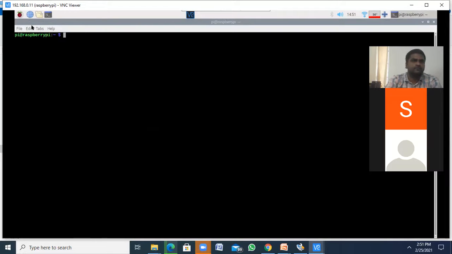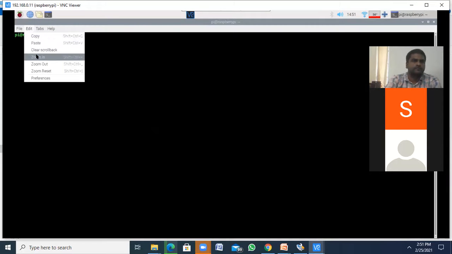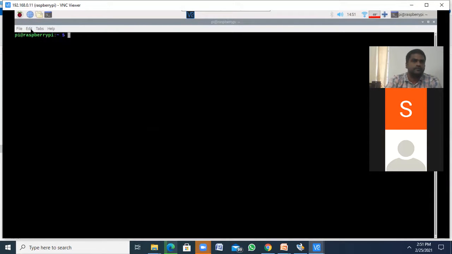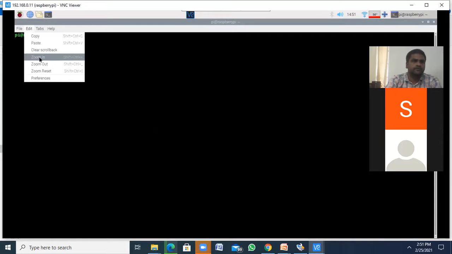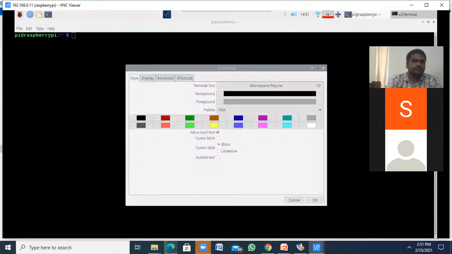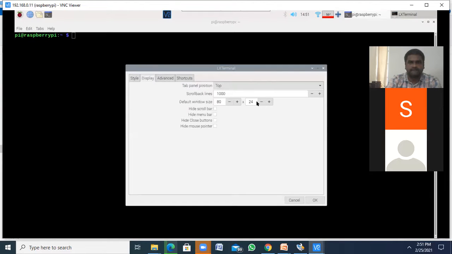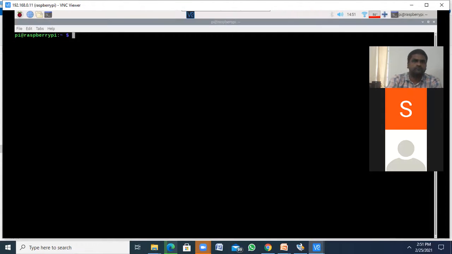Zoom in. Okay. See, this is the same as the Linux terminal.